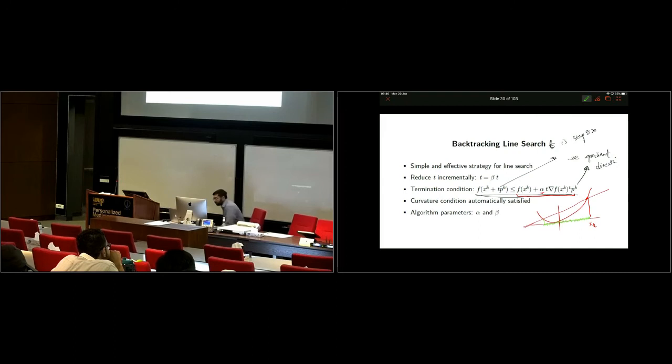And why is it good? Why is this a good step? Why is this a good thing to do? Yes, it's called a condition for sufficient decrease. So there is at least a decrease in our value. We are actually decreasing the function. We are not taking a step which is too large and takes us into a region where the value is greater than our value at the current time. Okay, so this is a condition for sufficient decrease. Does it make sense to everyone?